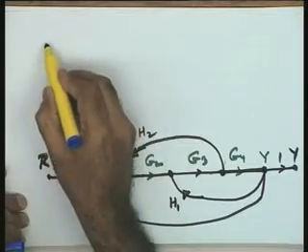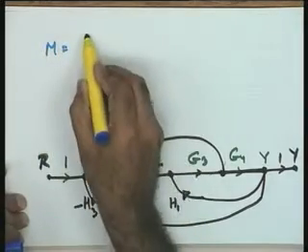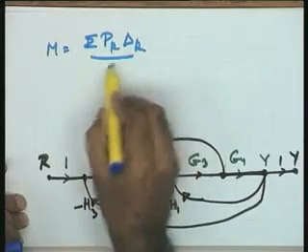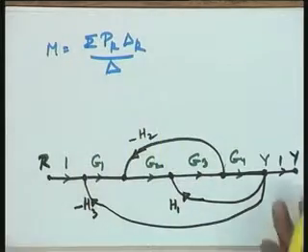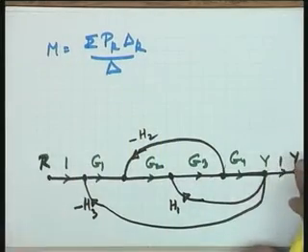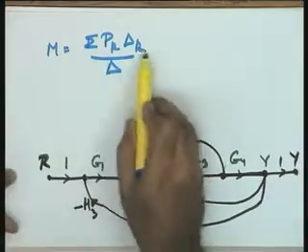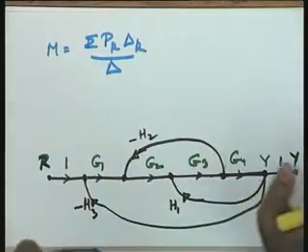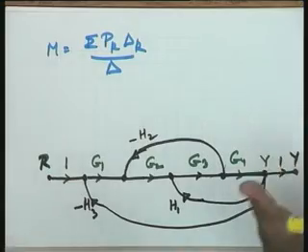Okay? Help me please. In this particular case I want M, which is equal to sigma Pk delta k over delta. I want to apply this definition on this. Is the signal flow graph visible please? Okay. Pk delta k upon delta I want to use. So, first of all you must identify k. What is the value of k? Let us identify that first.